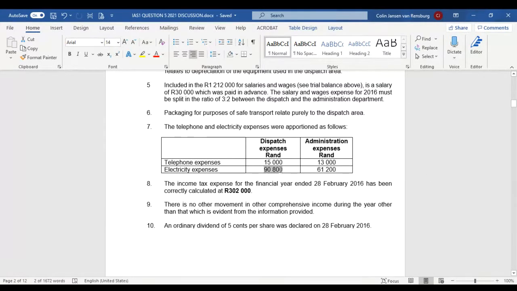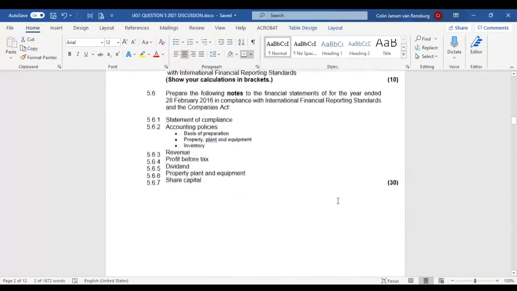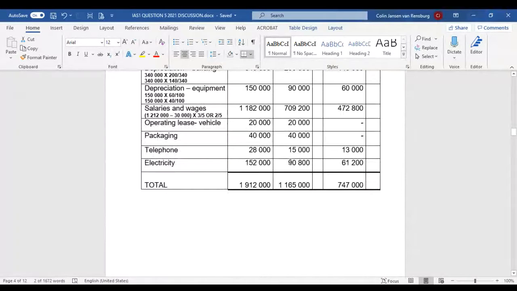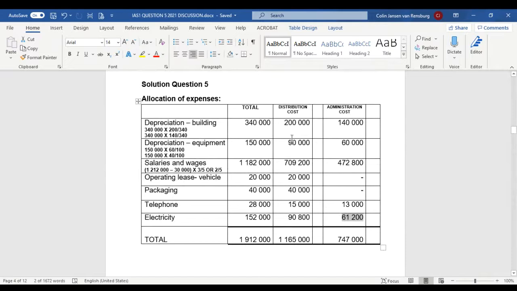Here they've decided that 90,800, probably from the city of Cape Town or whichever municipality accounts, belong to the dispatch area, which is part of your distribution function, and 61,200 belongs to your administration function. Right, and that is exactly how they went and allocated it to the various cost functions, right? 90,800 to distribution, 61,200 to administration. Now I'm going to give you a trick question, ladies and gentlemen, just to test your accounting